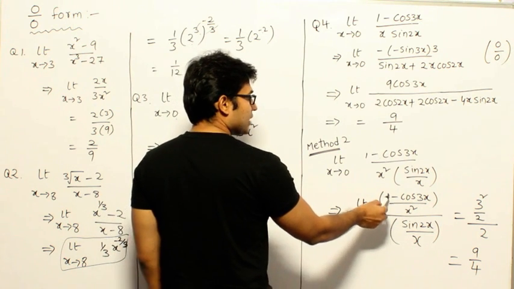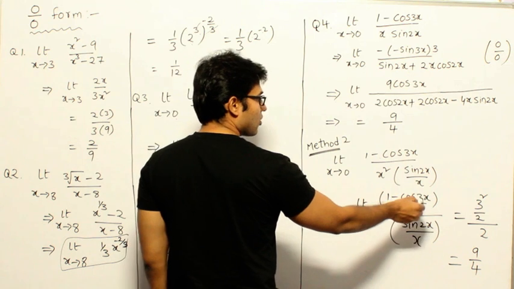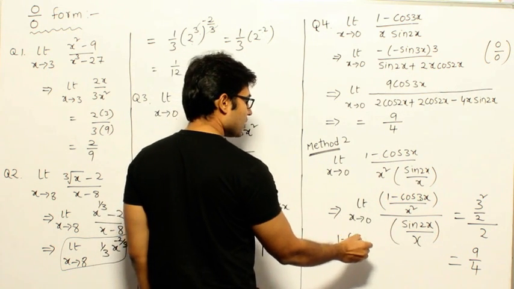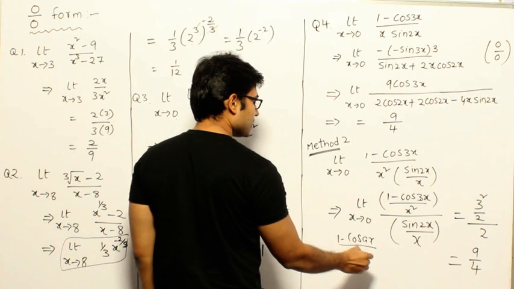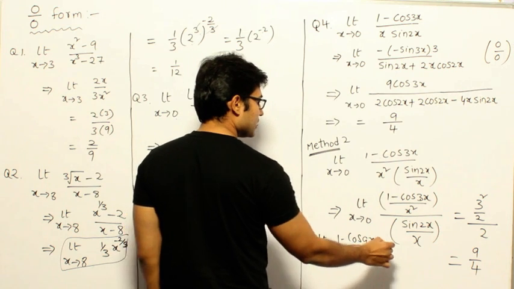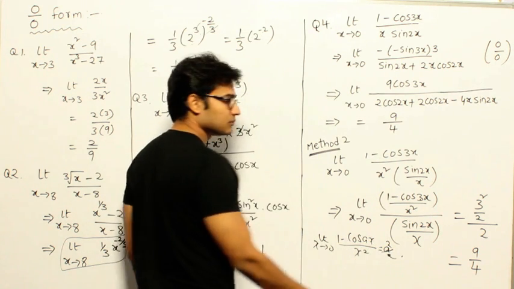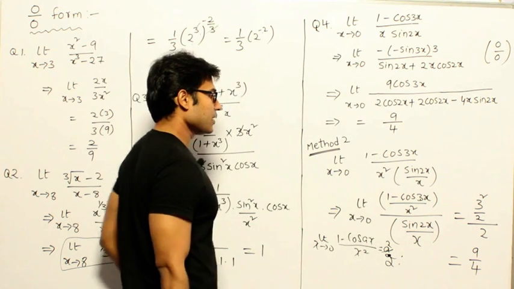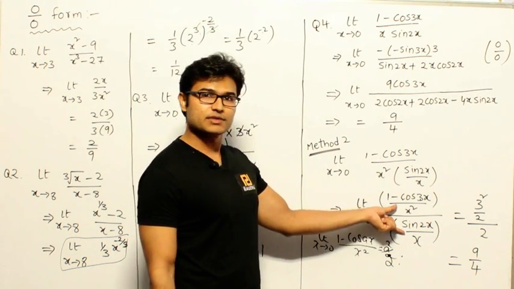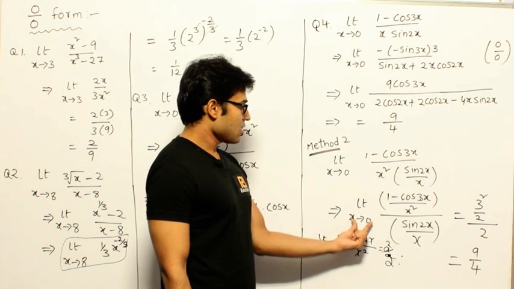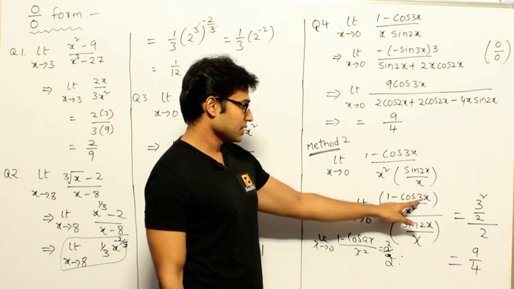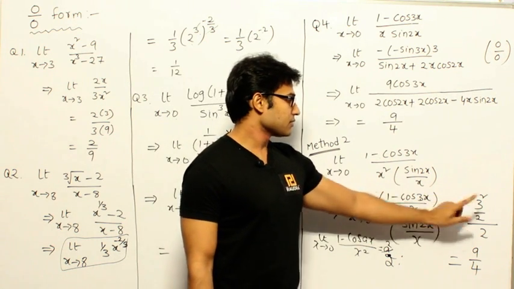Now if you observe this, it is in the form of 1 minus cos ax divided by x square. Now if you apply limit x tends to 0 for that, we know that it is a square by 2. Got it? So just now we have seen the formula that for this one it is a square by 2. So whenever you have two functions, you can apply this limit individually. So in this case a is 3, therefore 3 square by 2.